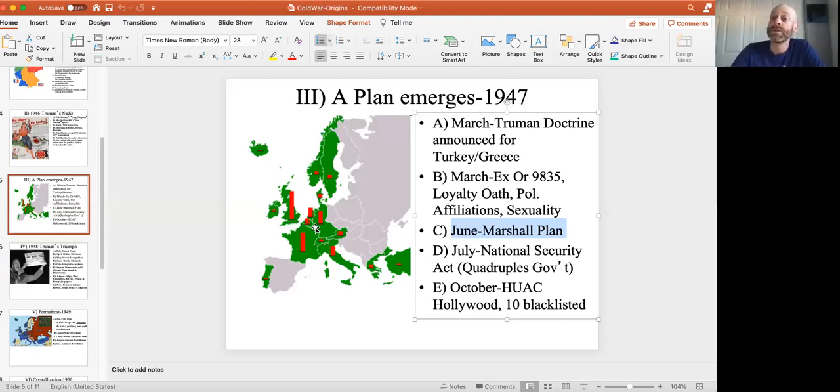And so Marshall told this to Truman, and Truman goes back to a Republican Congress and asks for $13 billion. At first, he asked for $400 million for Turkey and Greece. Now he's asking for $13 billion, billion with a B. This was a huge endeavor. Mind you, this is not a loan like, hey, we're going to give you money, pay us back. This was a grant. This was free money that we had no expectations that this would ever be repaid.